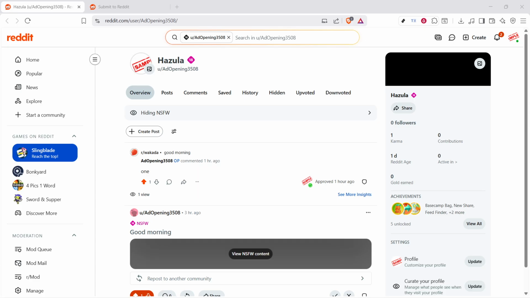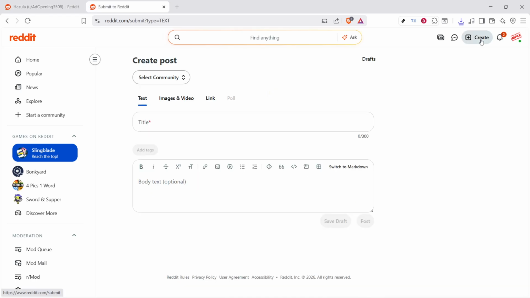Once you're on Reddit, look to the top right corner of the screen and click Create. This opens the post creation area where you can choose what kind of content you want to share. If you don't immediately see the option, give the page a second to load and make sure you're on the